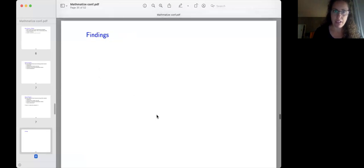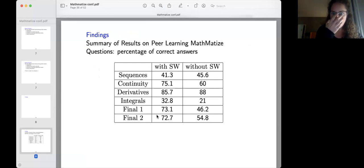So what did we find from our data? We did the peer learning quizzes and we did 4 capstone problems throughout the semester. There was a capstone on sequences, on continuity, derivatives, and integrals. And then we chose 2 questions from the final to look at. And we looked at the difference in the groups that solved problems on their own every week and the groups